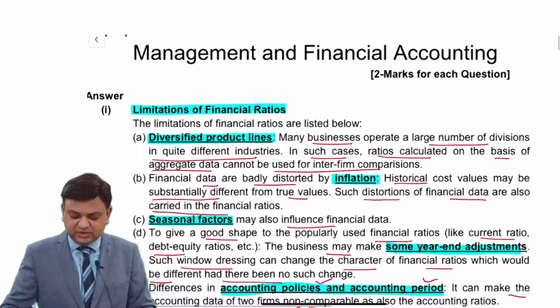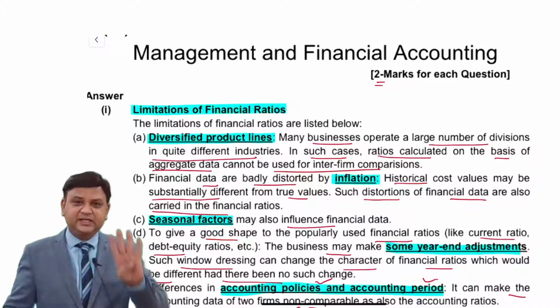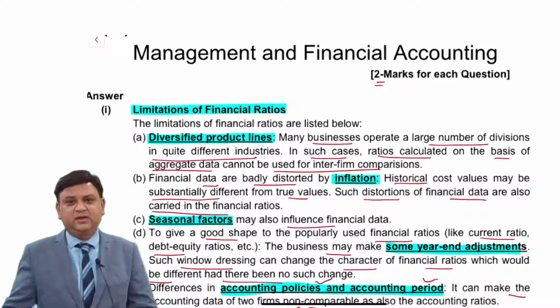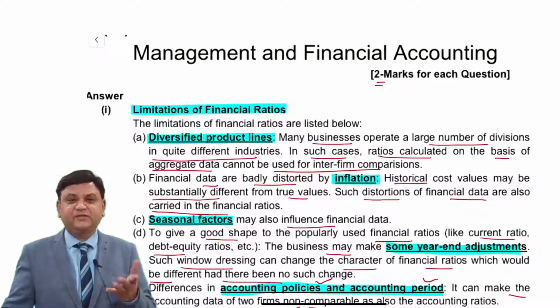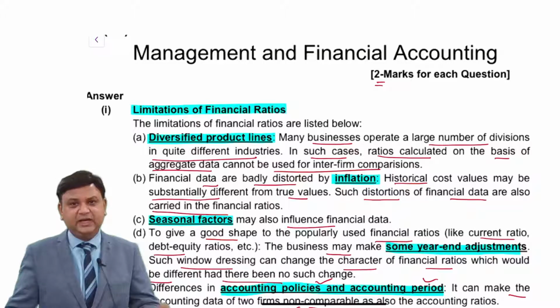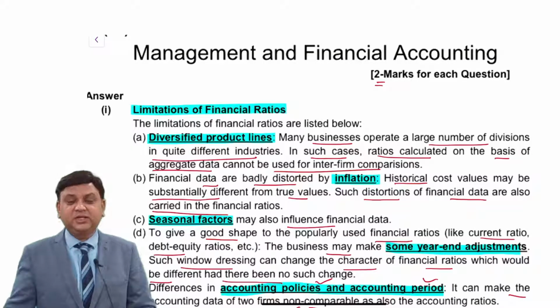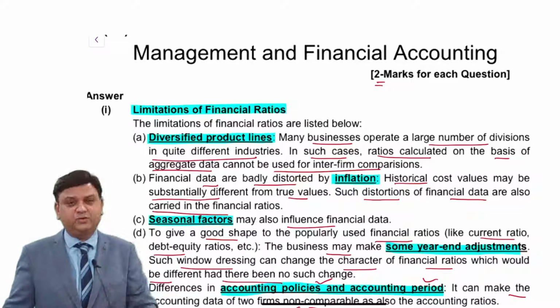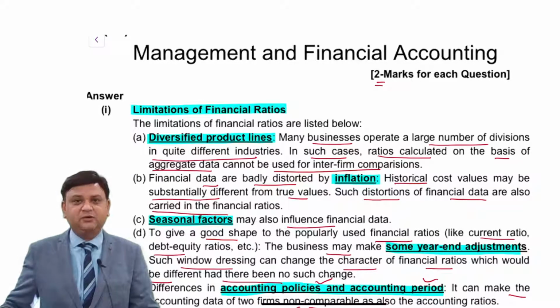Friends, this question was asked for 2 marks and they are expecting four limitations. So half a mark for each correct limitation that you mention. Usually in examinations, theory questions may be of 2 marks, 3 marks or 4 marks, so accordingly you are required to adjust the answer.